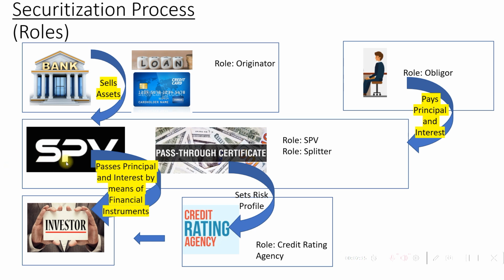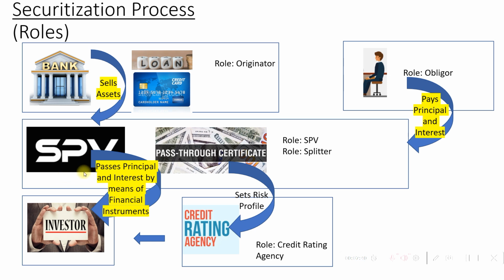Now what does it do? So SPV is usually constituted as a trust to which the pool of assets formed by the originator is transferred. SPV may be floated jointly by the originator or individuals or banks or institutions, merchant bankers, or maybe a subsidiary in the form of a limited liability company that is interested in the deal of securitization.